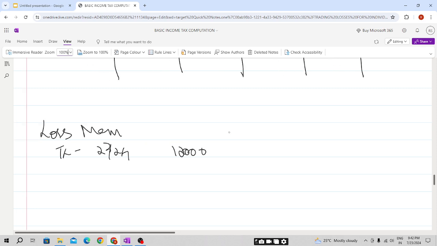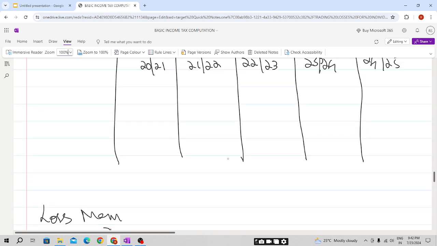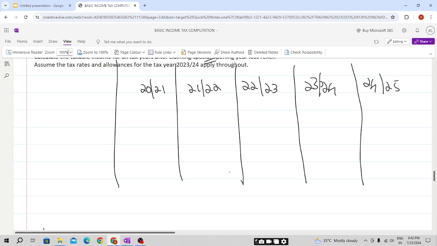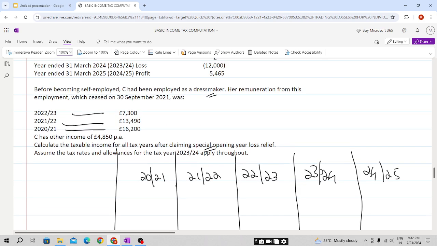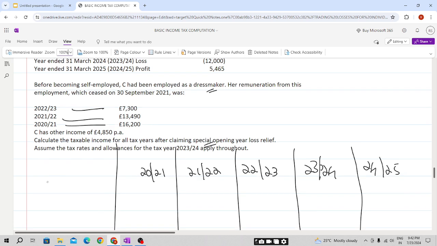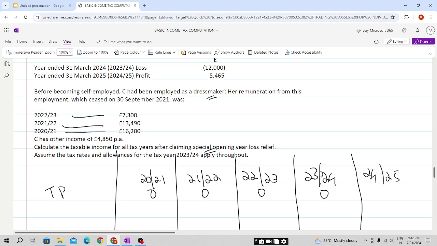Now students, we have three options: carry forward, applying the ongoing rules, or claiming the early trade loss relief. So now we need to select the special rule. First we'll write trading profits. No trading profit, no trading profit. Here we had a loss. 2024-25 is 4,000, 5,465. Then employment income: